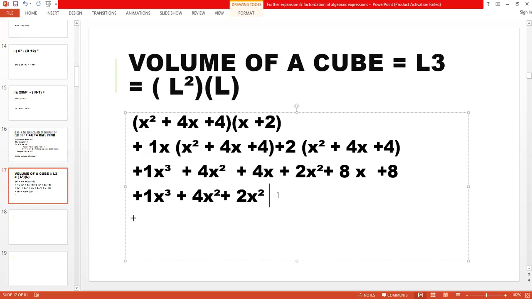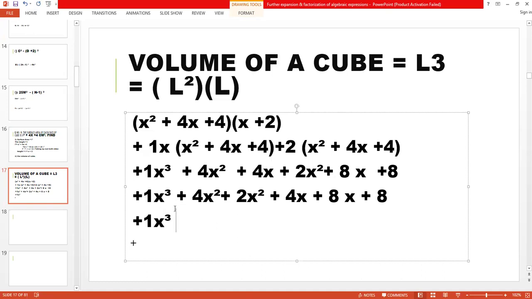Here x has different powers, and according to this we know that these are like terms, and we have to add or subtract. First is x square, then is x. There is a huge difference between x and x square. Now simply we have to add. I forgot the last term, the constant, that is plus 8. Now there will be no change in the first and the last term. Here I have to write this.